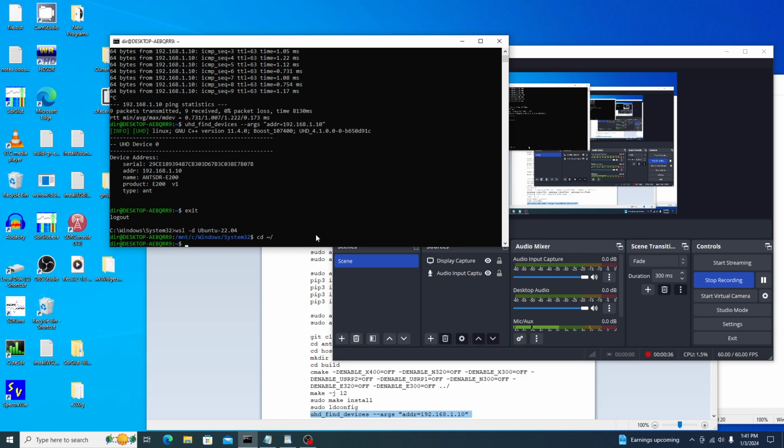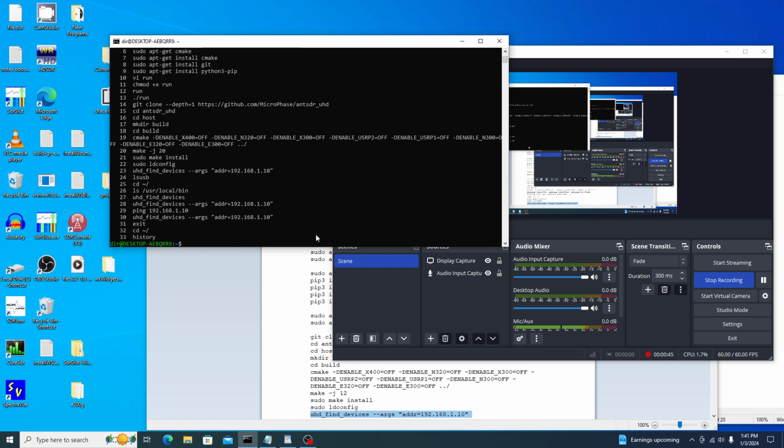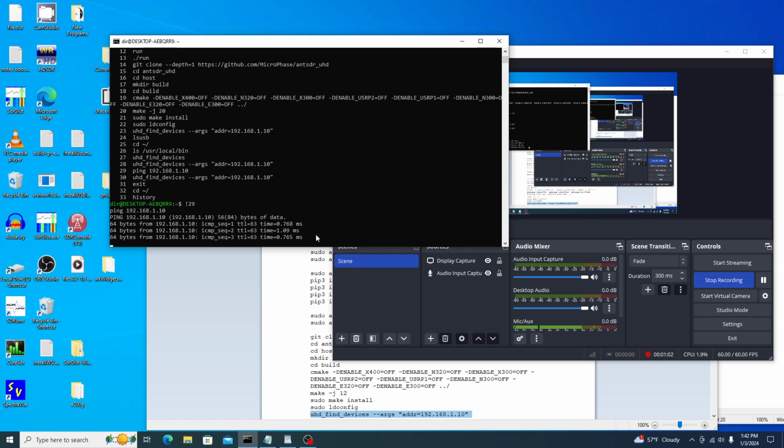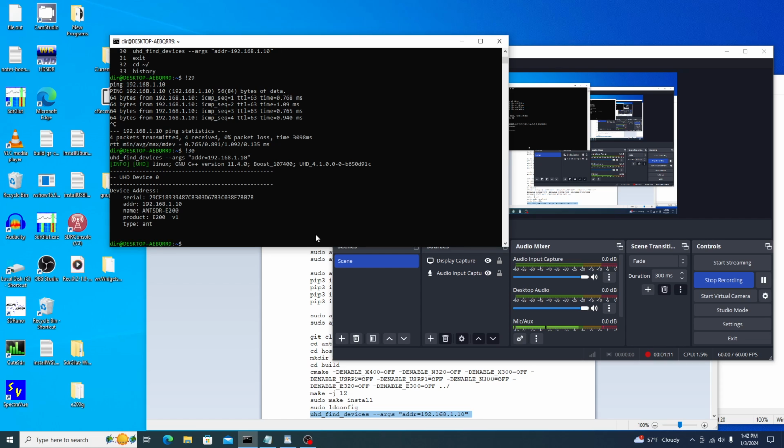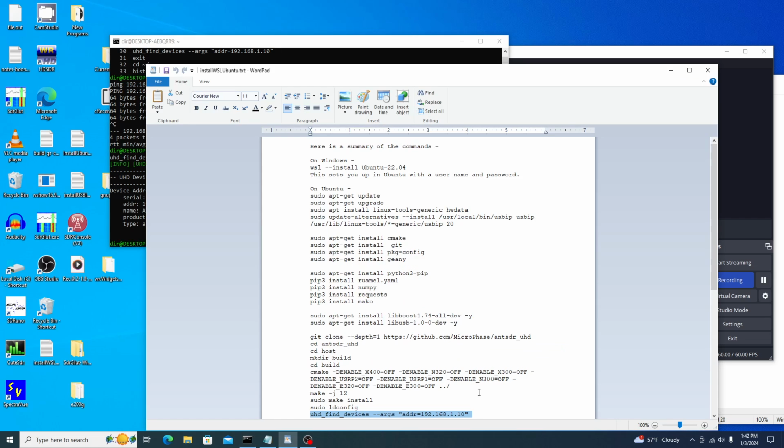default address. It turns out what the problem was is every time I did this, except now, I did a ping before doing the find just to test things out. Turns out the ping is necessary. If you don't do the ping, the find doesn't work. So we'll do the ping again. I think it's probably cleared up now, but anyway, we'll do the ping again. Okay, it sees it, returns, and now we'll do the find devices. And the find devices worked okay. So now we can continue with the installation of